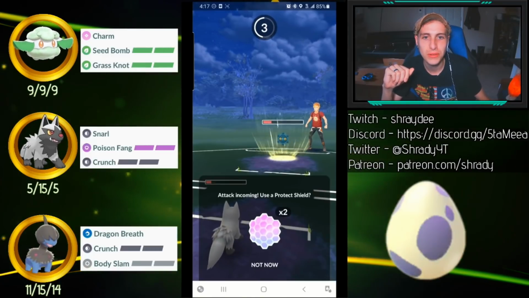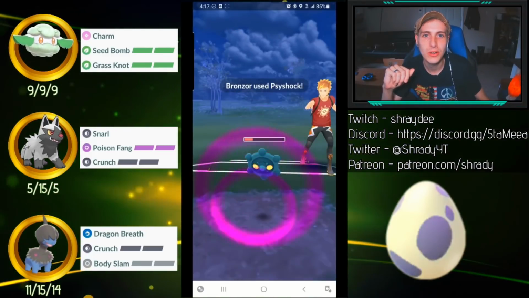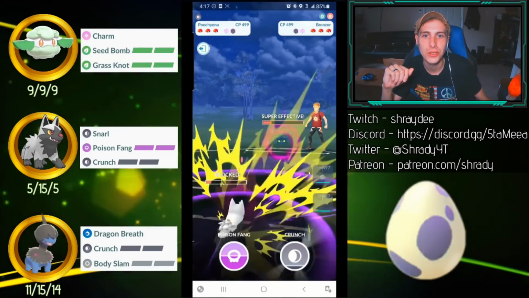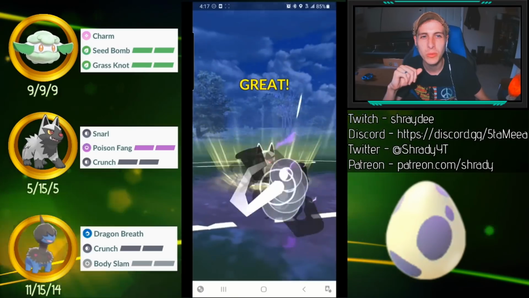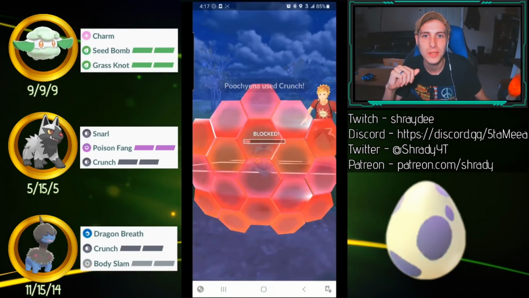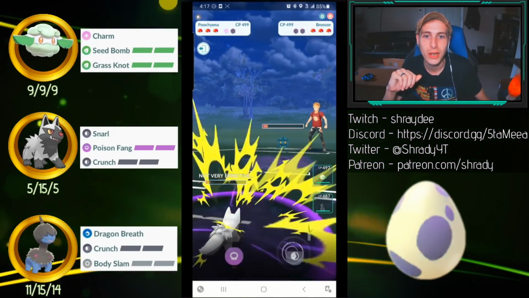Could spend a shield. He's going to go ahead and decide to shield that. I think that's probably a good shield here, because he's definitely going to be able to get to another Crunch. He's got a little bit of extra energy, so he might be able to get to a Poison Fang on what comes in next. Let's see if the opponent decides to double shield. They do double shield, so...